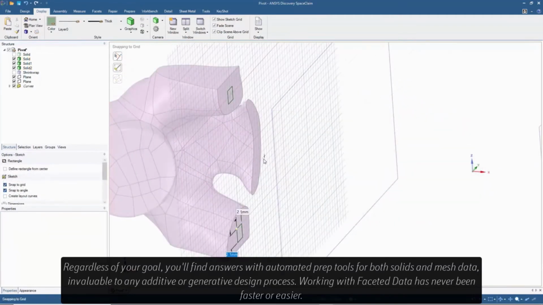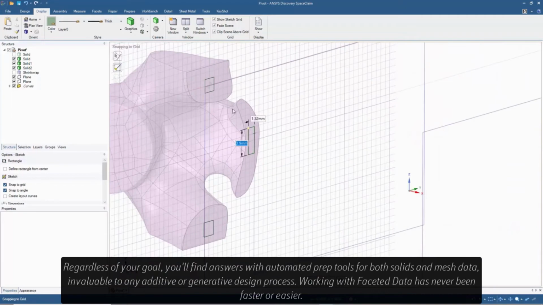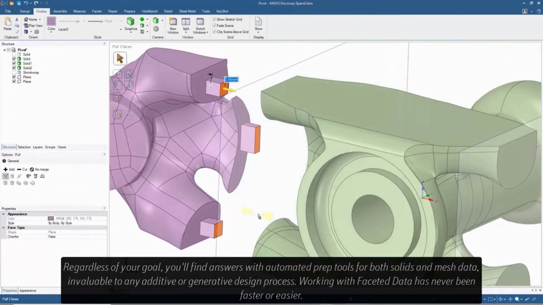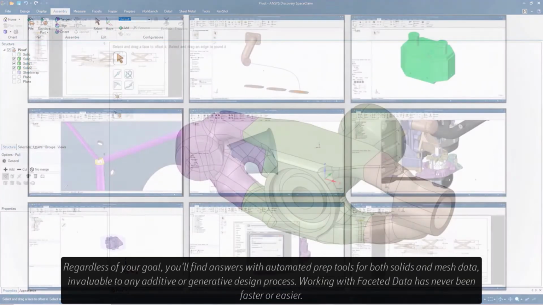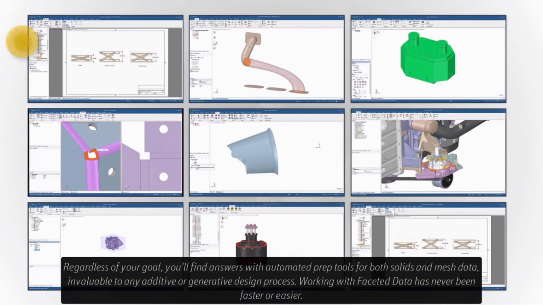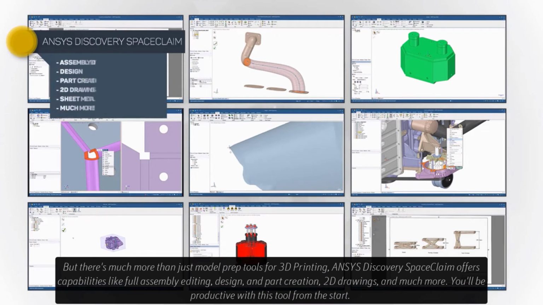Regardless of your goal, you'll find answers with automated prep tools for both solids and mesh data, invaluable to any additive or generative design process. Working with faceted data has never been faster or easier, but there's much more than just model prep tools for